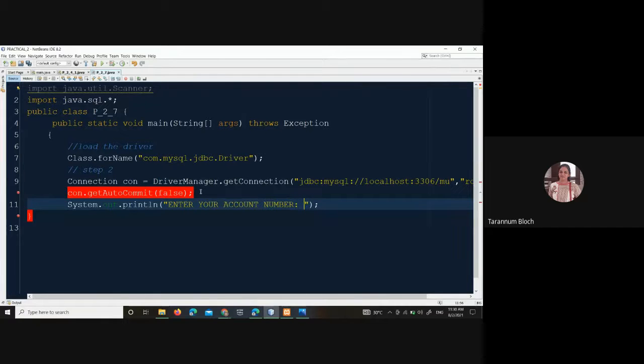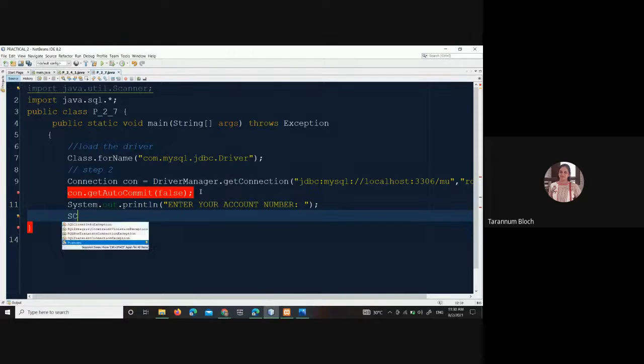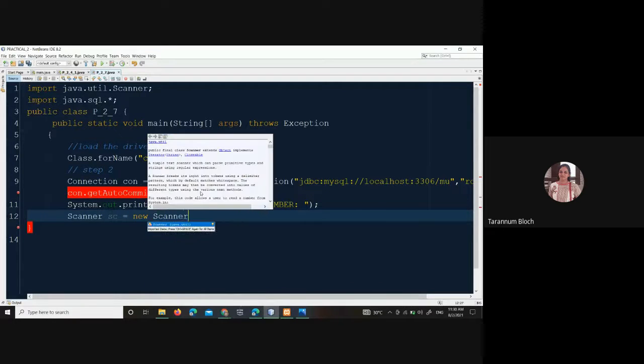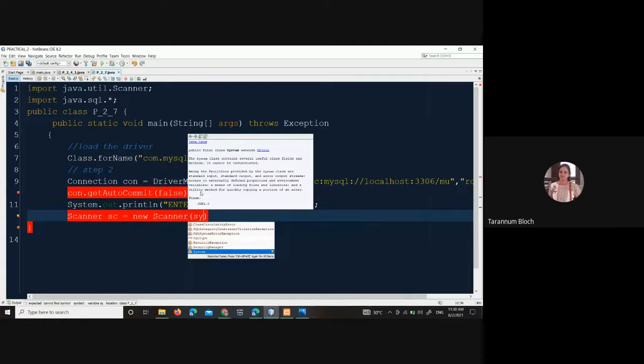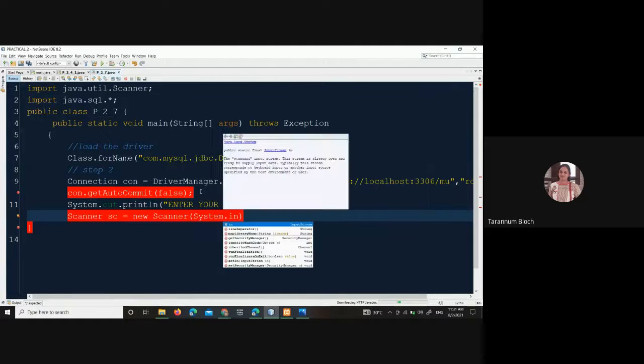And we will scan this. So write Scanner sc is equal to new Scanner(System.in), with capital S, semicolon.